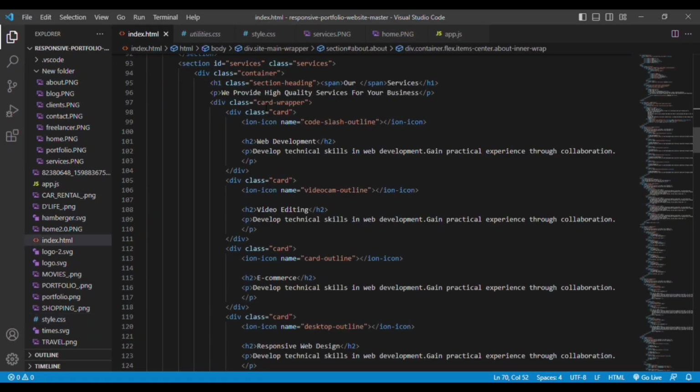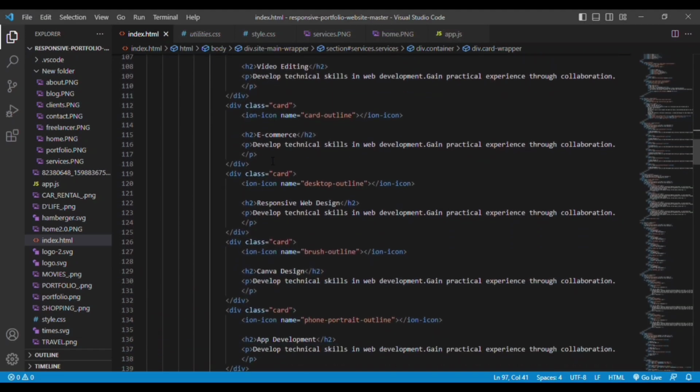Then we have a card section, card wrapper. In that we have div sections. In the first div we are adding an icon, that is a quote slash icon. Then we are adding an h2 element for the heading and a paragraph element to let you know what the profession is dealing with. The same div element is copied again